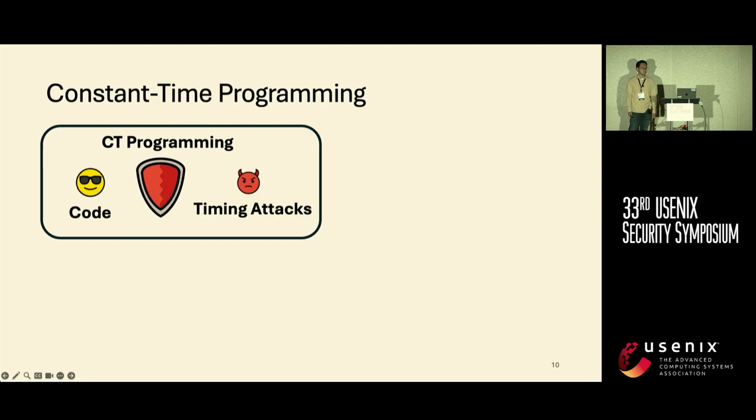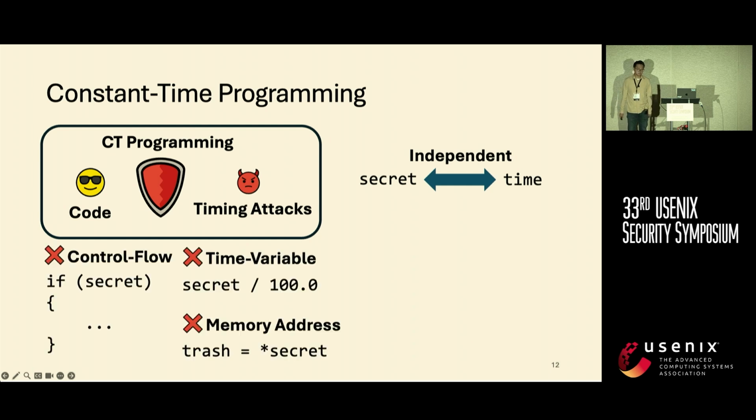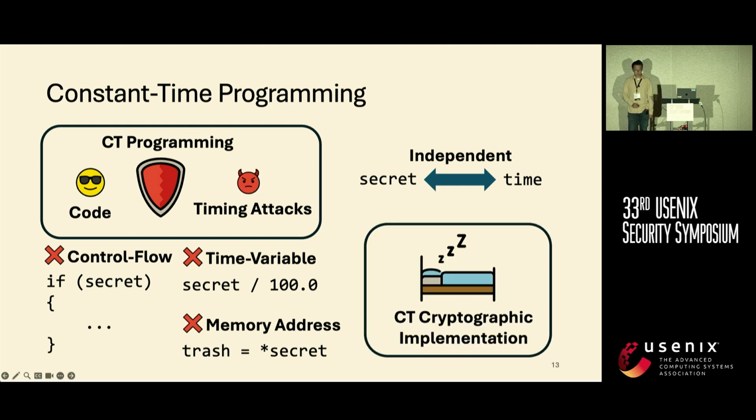To defend against timing attacks, the cryptographic community proposed the constant-time programming paradigm as a software solution. To achieve constant time, a program's execution time should be independent of its secret. Constant-time programming is made up of 3 best practices: the secret cannot influence the control flow, the memory access pattern, or be passed to variable-time instruction operands. By following these principles, a cryptographic implementation should be free of any potential timing attacks, and cryptographers should have good sleep at night.